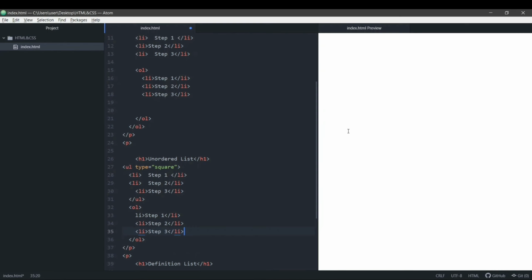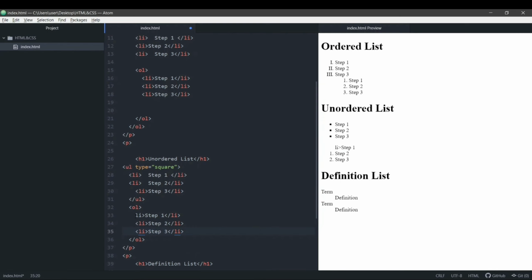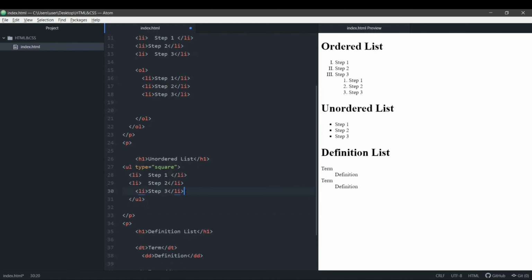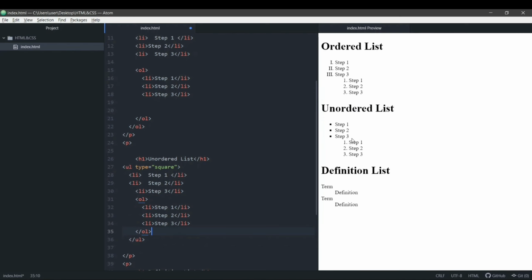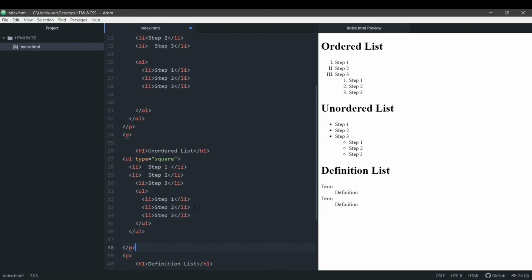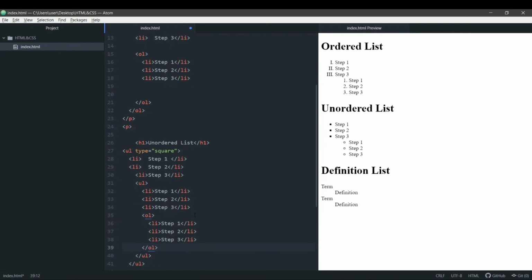Okay, so you can see that this is how an ordered list appears inside an unordered list. We have to add it inside this UL tag, not outside, inside this UL tag. Okay, so now this has appeared inside the unordered list, right? And if you want to add UL, you can just change the name to UL, and then we have UL inside UL, right? Now we can also add another nested list. You can keep on adding nested lists. We have another nested list here.